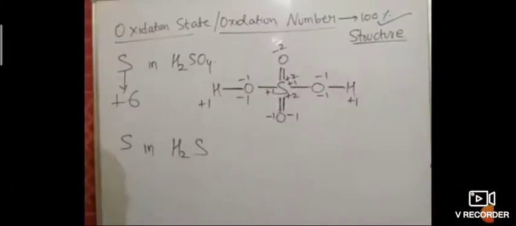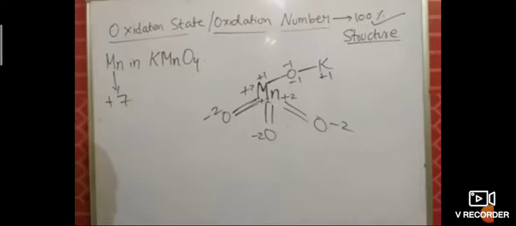Look here, H2SO4. This is the structure for H2SO4. S is there, around 4 oxygen atoms and hydrogen atoms. You know hydrogen is +1, oxygen is -2, and sulfur is here. One oxygen is combined with a single bond, another oxygen with a single bond, and 2 more oxygens with a double bond. A double bond means it will get +2 charge. So 2 double bonds give +4, and 2 single bonds give +2. Together it will have a charge of +6. Sulfur oxidation state is +6. So to write the oxidation state, we must learn the structure. Structure is very important.